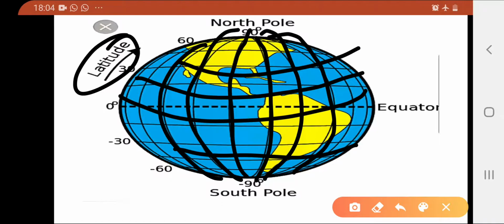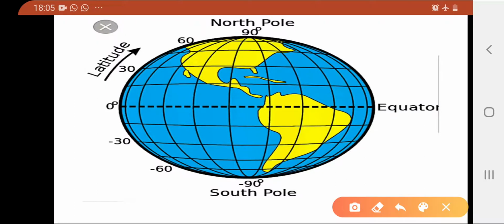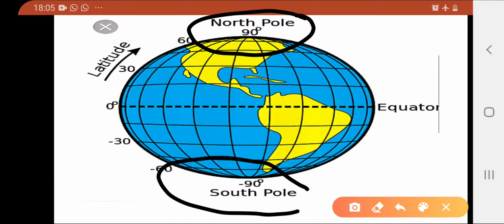And where is the North Pole and where is the South Pole? The topmost point on the axis, here is the topmost point, is known as North Pole, and the bottommost point is known as